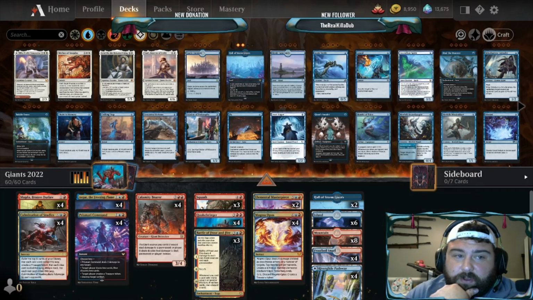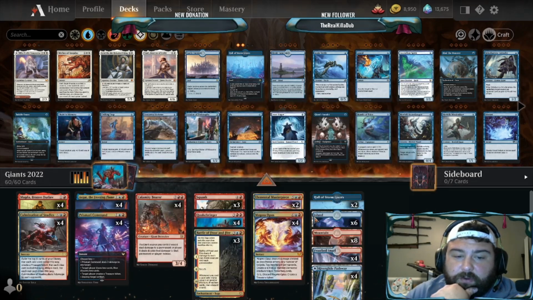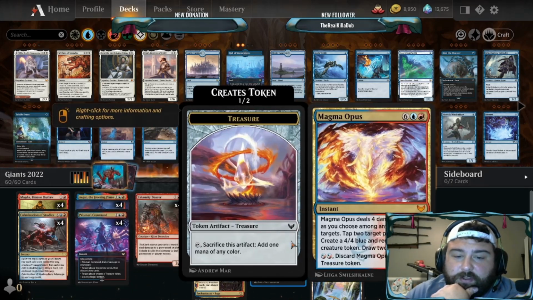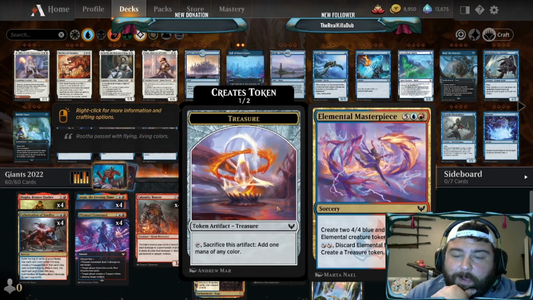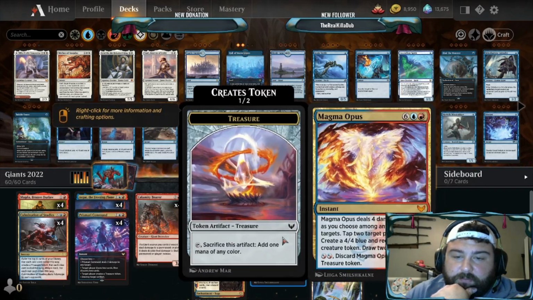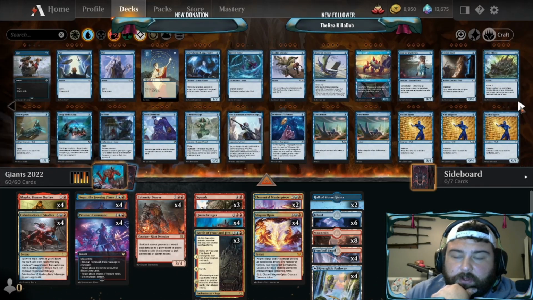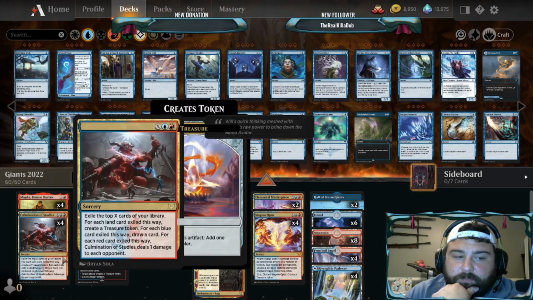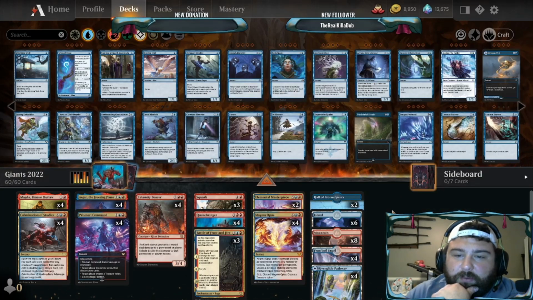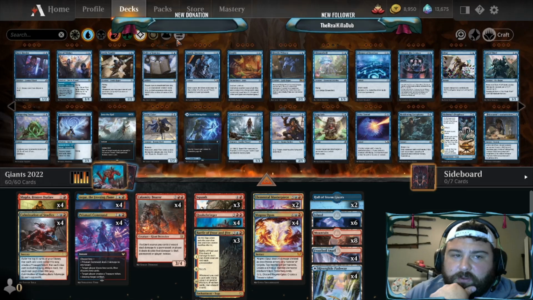Not very good. So if we're looking at other giant type of things, what we want to put in, I think all these have performed pretty damn well. Having the ability to discard them early and create treasures to ramp you into other things is pretty good. I think these are great in here, and Magma Opus has won us a couple games. So what would we want to put in? Something lower. Probably, maybe like Frostbite. Let's get rid of some things. Let's look at our...